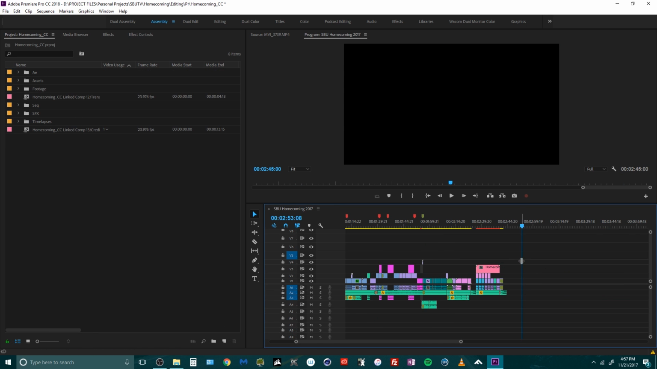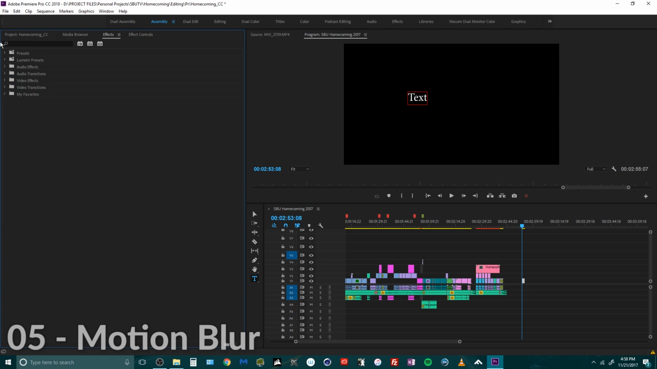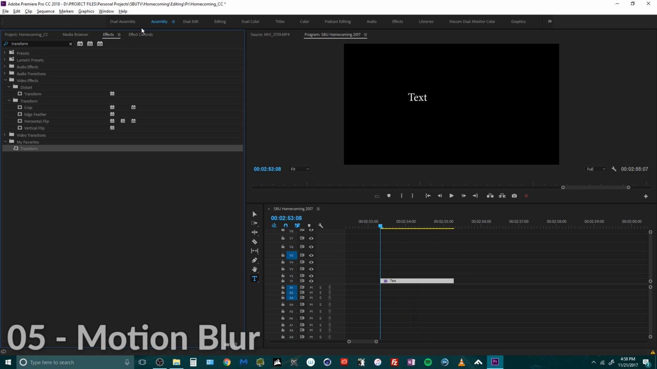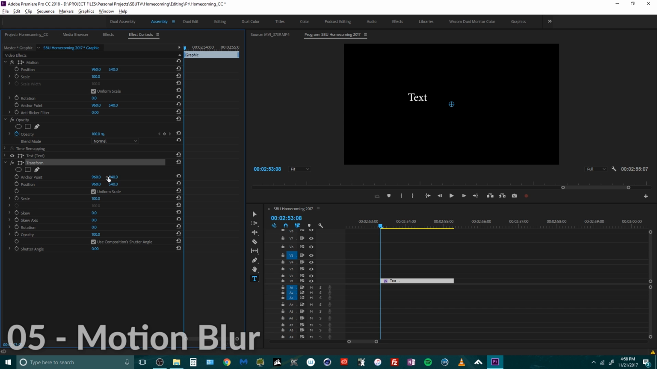Alright, and last up, I'm going to show you guys how to create motion blur inside of Premiere Pro so you don't have to do it inside of After Effects anymore. So really quick, I'm just going to make some text. And what I'm going to do is actually apply the transform effect to my layer. And in my effect controls, instead of changing the position within my motion, what I'll do is I'll change the position within my transform effect. I'll just collapse that, go to transform,